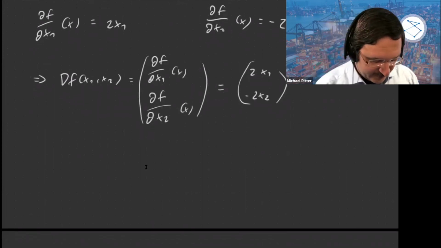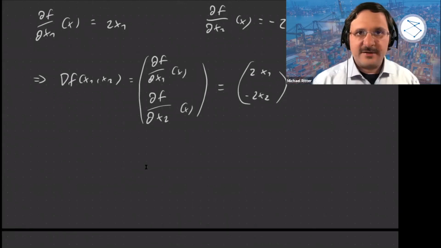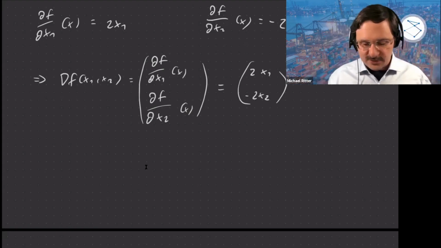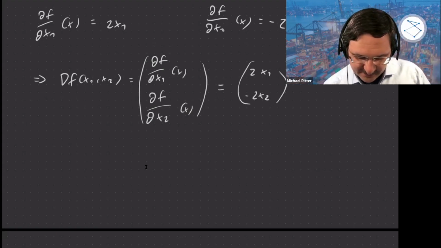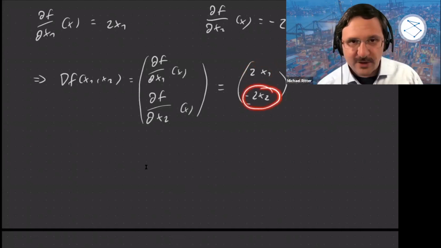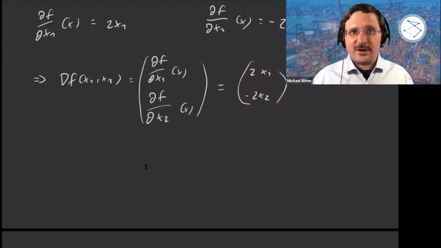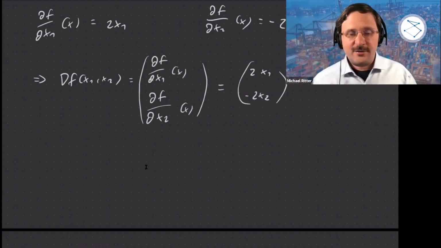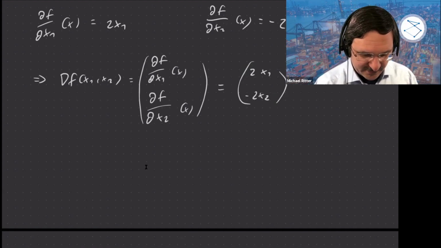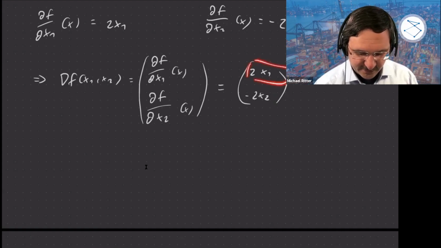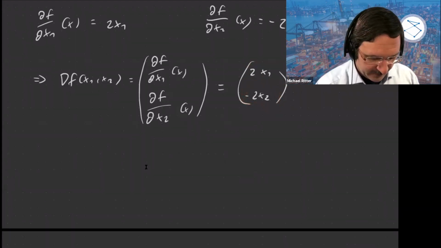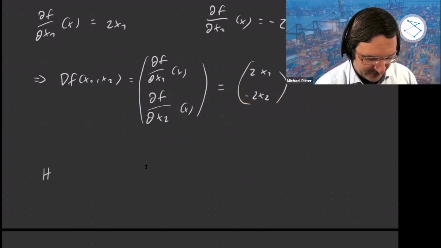And for the Hessian, we just take the derivatives of the functions of the gradient once again. So this is the first function of the gradient. This is the second one. And we differentiate each of those with respect to x1 and x2. That will yield a matrix. The first line of the matrix corresponds to that first function. The second line corresponds to that second function. And that means for the Hessian, what we get is